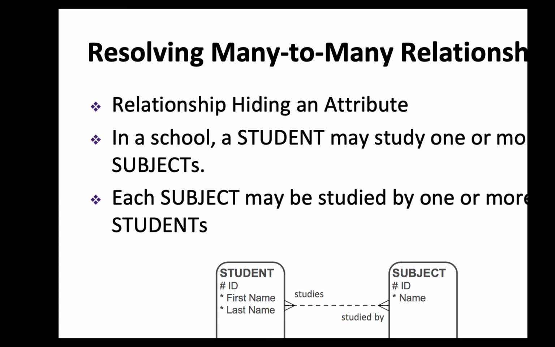So that's why we want to resolve this many to many relationship, because there are so many hidden attributes because of this many to many thing. We have to resolve this, okay? Because we want to store all the information that is related to student and subject, right? Even if we are not talking about grades, we still do require when this subject was offered, okay?